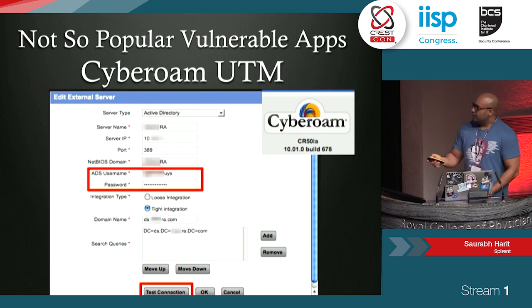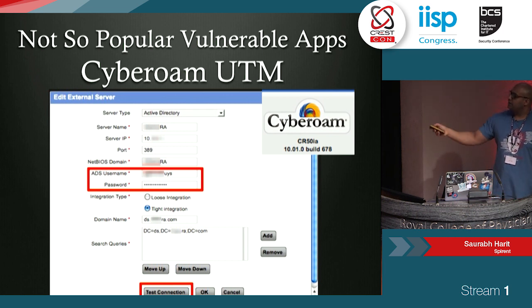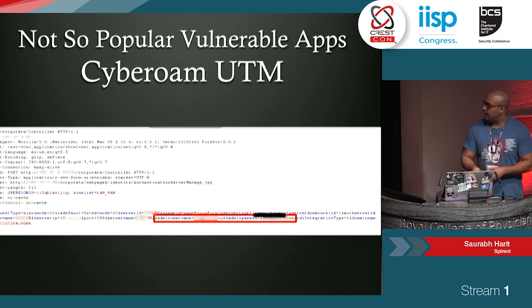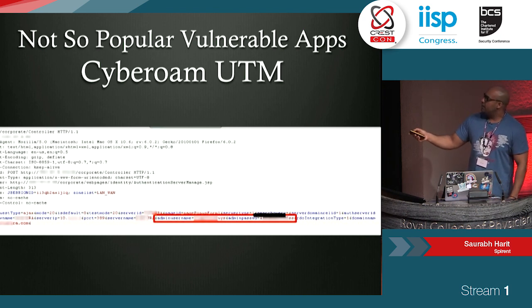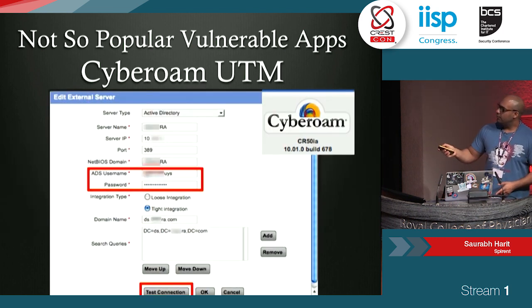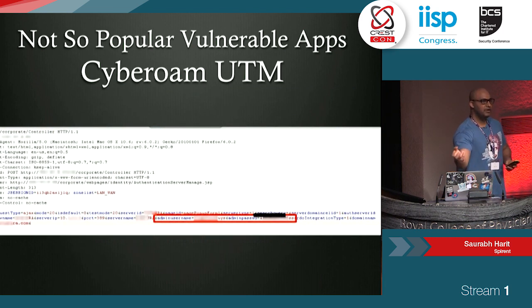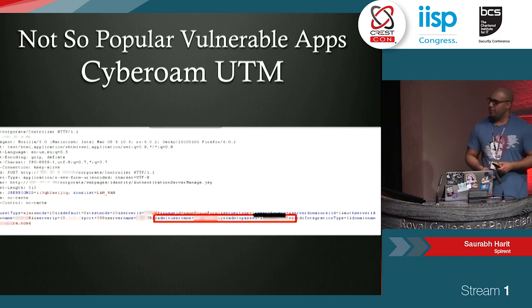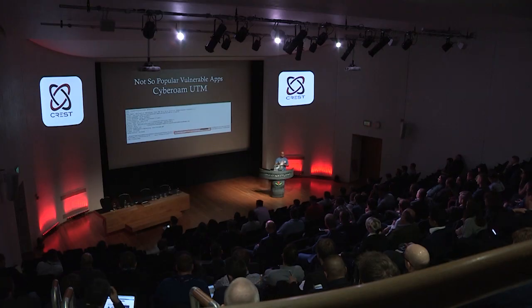The worst part was that they had this test page. So they had this configuration page where you have username, password, domain name, and then domain query, and then test connection, right? When you click on test connection, or you can just right-click on this page and view the source code of the page, you will see that they are storing the username and the password. Here you see that the password is all starred out, but it's actually there. They're bringing the password to the client side and storing it. You just right-click on the page, view source, and then you can see the actual password